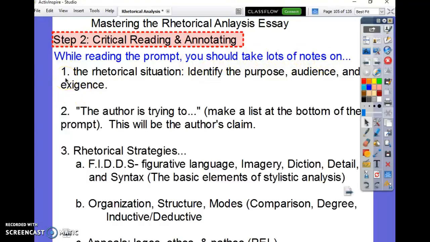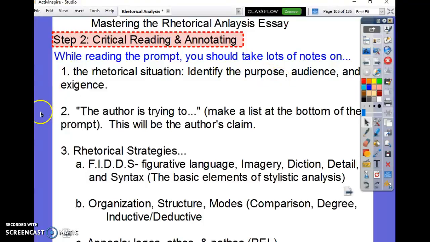One of the things you're going to take notes on is the rhetorical situation. Think about this as our SOAPSTone: purpose, audience, exigence. That's going to become what is in your introduction. As you are reading, maybe it takes you till the end and you're realizing, okay, this is what the author is trying to accomplish. Here's who he is trying to write to. Here is his exigence, meaning his context, or what prompted him to write. That's something that should be bullets, maybe in the white space